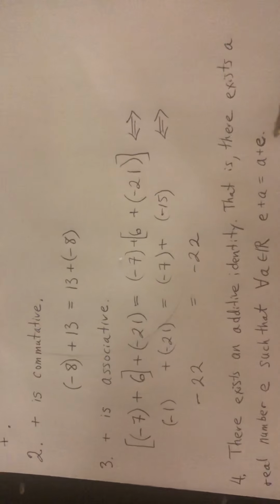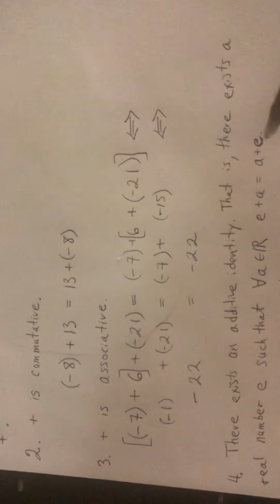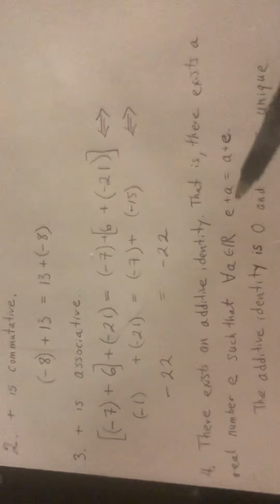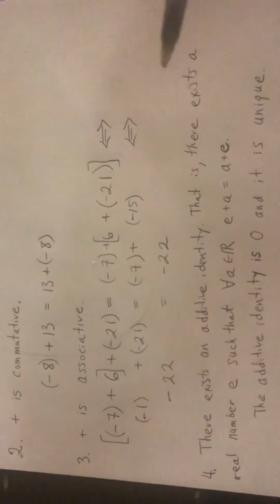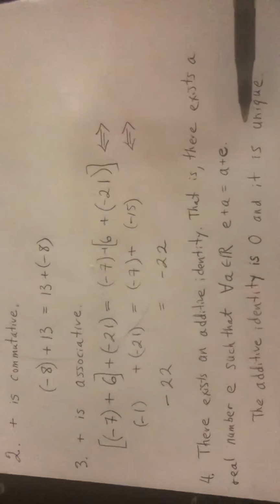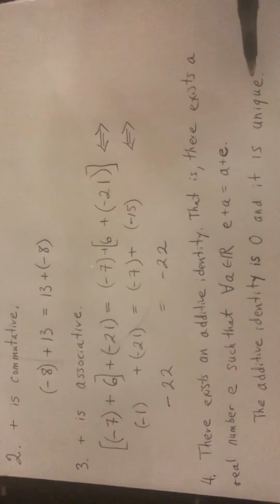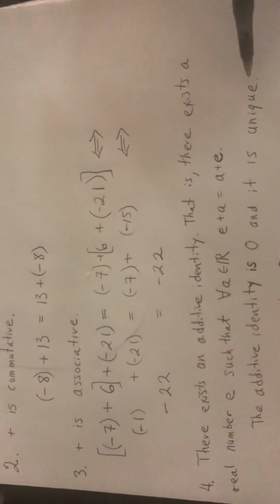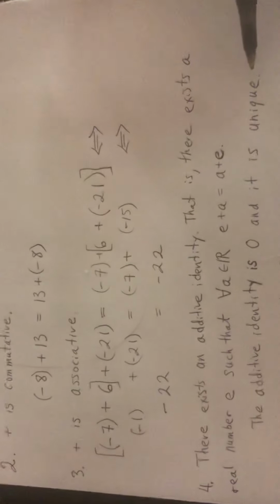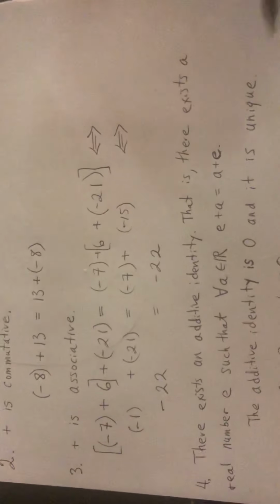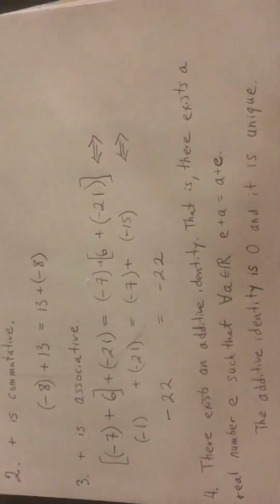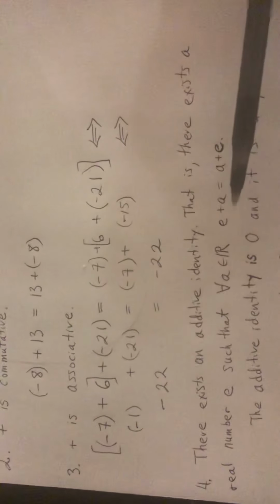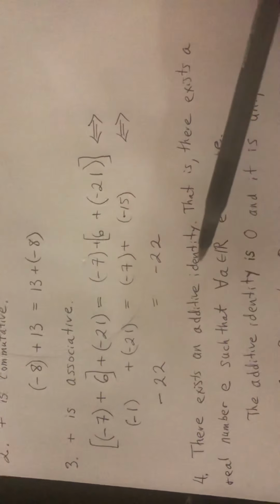All right, pause the video and tell me if you can think about what real number could be an identity. All right, 0. The additive identity is 0 because it satisfies this property. And it is unique. What does unique mean? Unique comes from the Latin unus, which means one. In the Bible, it says Jesus is the unique Son of God. That means he's the one and only Son of God. If you say that shirt is unique, it means that shirt's really cool because there's only one of that shirt in the whole wide world. So unique means one and only one. So we're saying that there's no other number besides 0 that satisfies this property. So there's one and only one additive identity for the real number system.